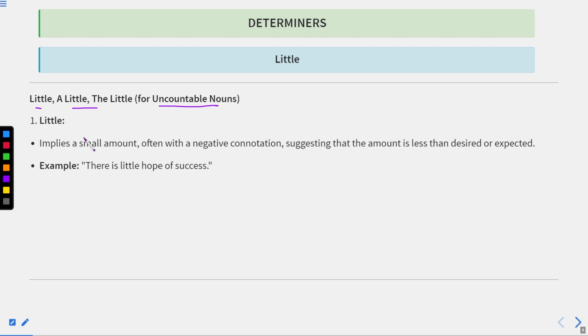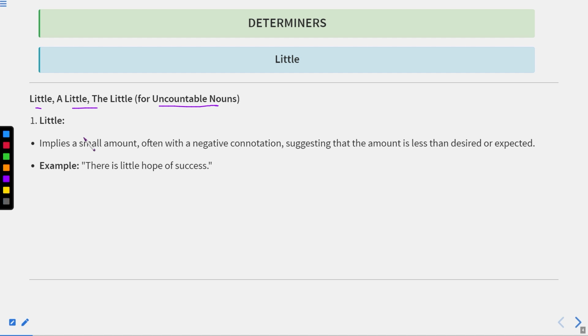On the other hand, we talk about the words little, a little, the little. They are used for uncountable nouns. For example, if somebody is very, very thirsty. You must have heard the story of the crow. The crow went around, just flying, but he did not find water anywhere. And somewhere he found a drop of water which was not sufficient. So that was little, because it was insufficient for him, or equivalent to zero. That did not work. After that,